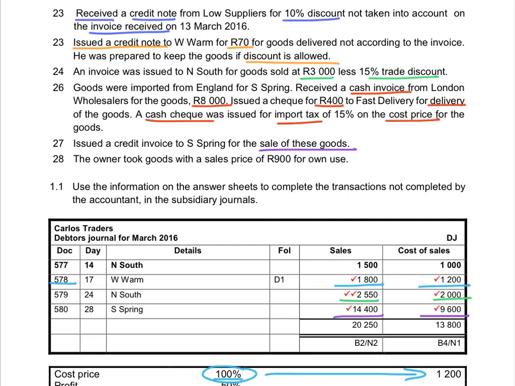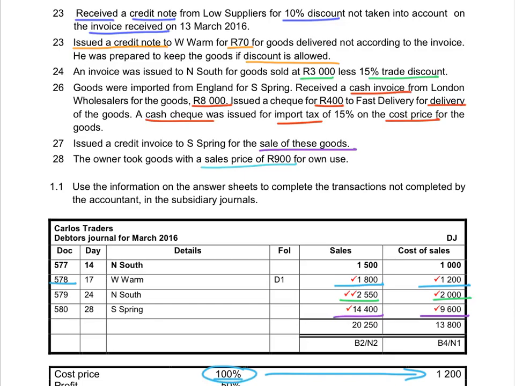The owner took goods with a sales price of 900 for its own use. When the owner takes anything from the business, he will always take it at cost price. So we will first have to calculate the cost price. This entry cannot be